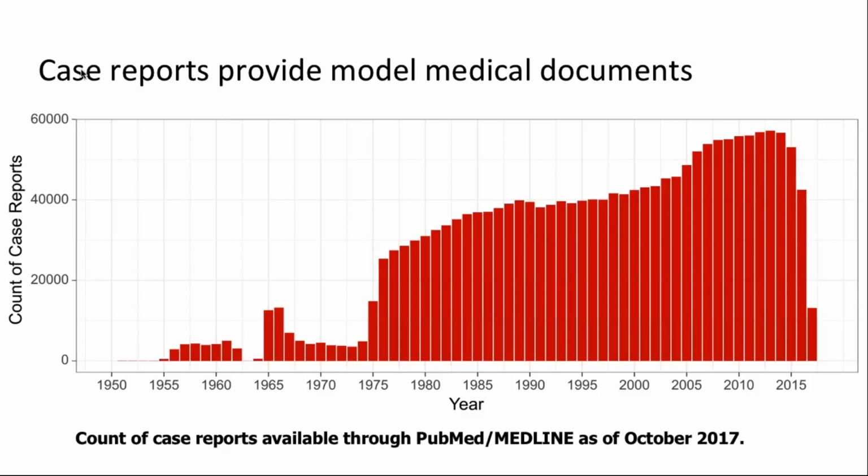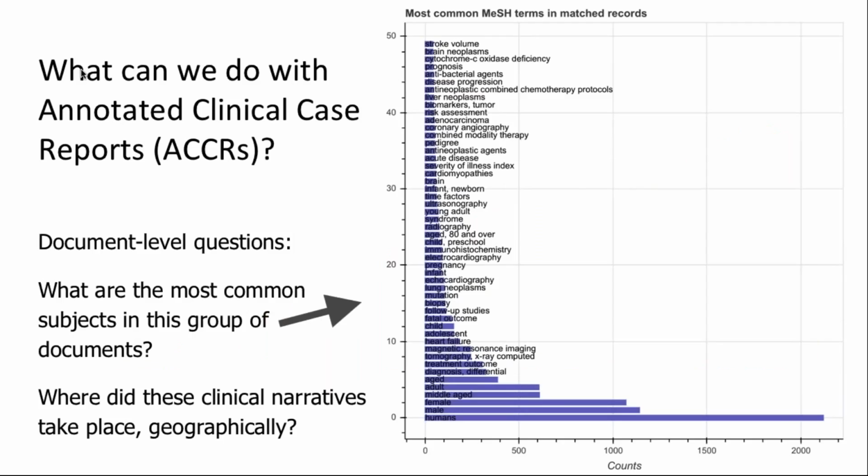But in practice, this is a massive source of these model medical documents that we'd like to think is not only a good source of training data, but also a good source of interesting medical observations in its own right. So I will refer to this kind of general assessment of the concepts in clinical case reports as annotated clinical case reports, or ACCRs. So right away, even just looking at these documents, we can start to answer those document level questions related to the document level